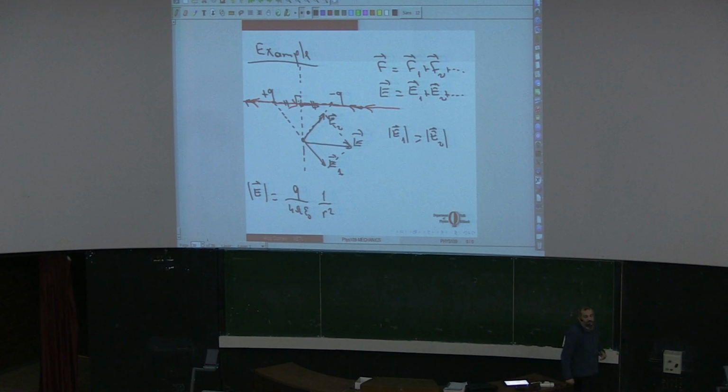Now the electric field at this point will be horizontal. In fact, this will be true for any electric field along those lines. So when you draw electric field lines, you have to make sure that the tangent to the electric field lines along this line should be parallel, horizontal. Okay, that is another thing we know about the electric field lines